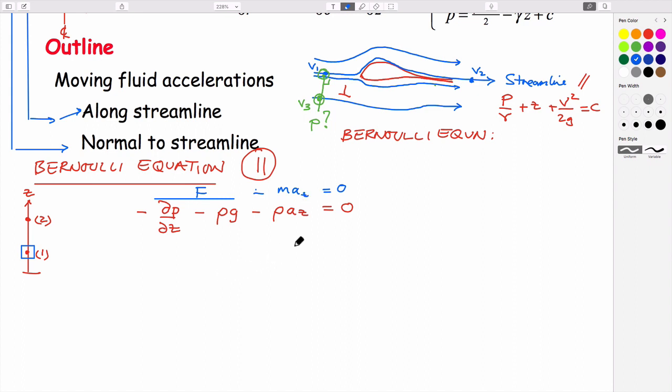And so what we could do is we could try and figure out exactly how we might want to rewrite this acceleration term. We know that acceleration is equal to the rate of change of velocity, in this case, in the z direction. What we could do is we could multiply that by 1 in terms of time, in which case we have rate of change of velocity with time and rate of change of time